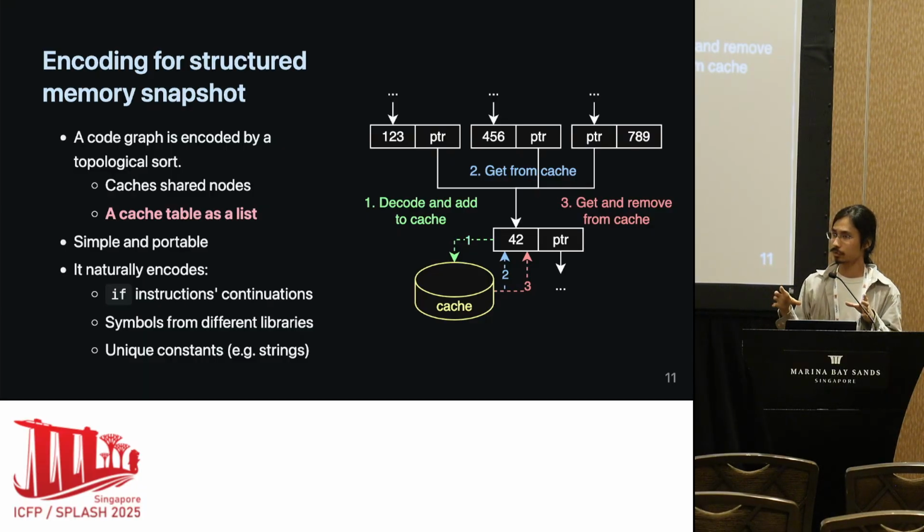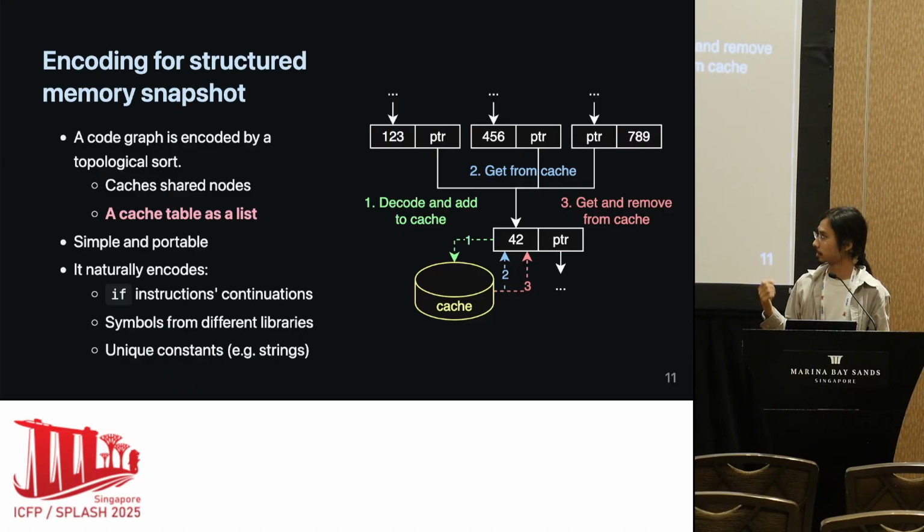But we want to make the decoding algorithm portable. For example, we implemented the virtual machine in Rust, but at the same time, we also want to target embedded devices. So we don't want to use complex data structures from the host language. So this cache table is actually implemented as a list on the heap memory of the virtual machine. This is the trick to keep the decoding and encoding algorithms portable